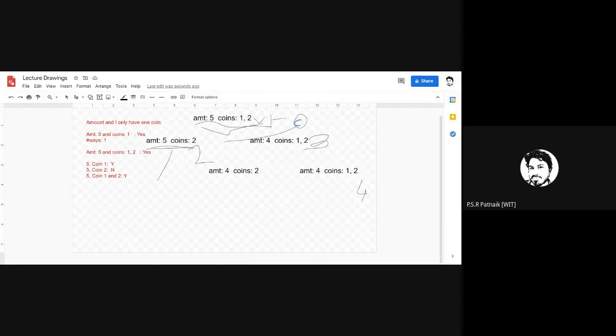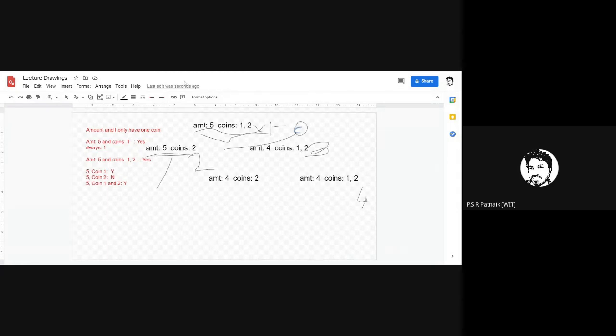It's no, because here, though the function name is the same, the results of functions depend upon arguments, right? Here the arguments are amount 2 and 1 and 2. Here the arguments are 5 and a list with 2. So if my program has executed this and this result is stored, and Python returns it, it is wrong. It has to return the result the function calculates based on this argument.